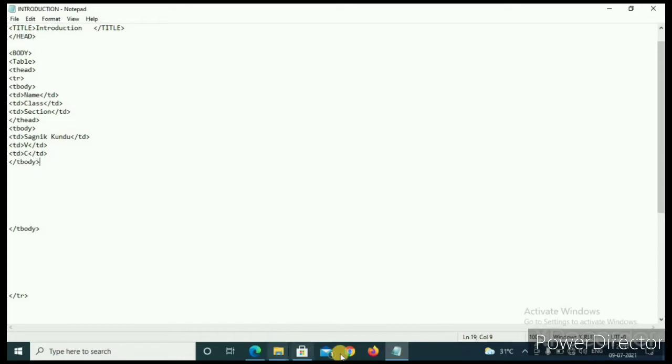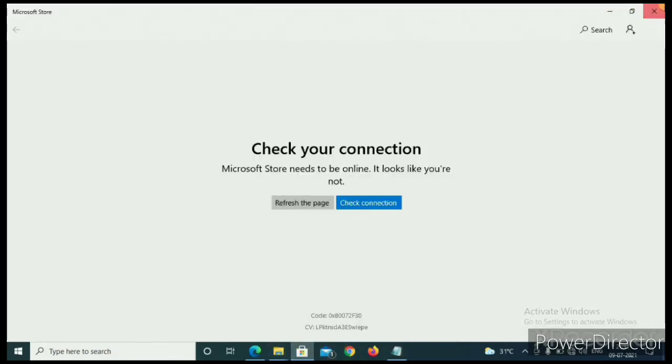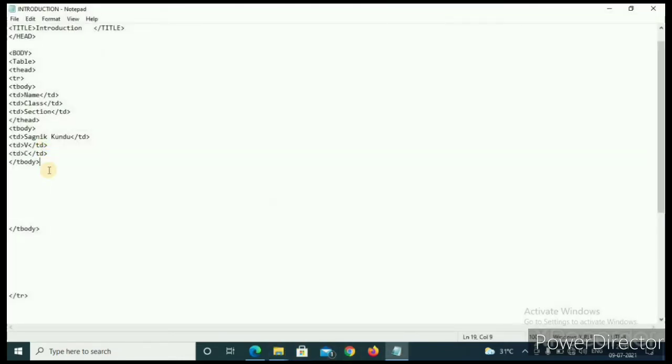I will close this also, I have mistakenly opened it. Then you have to again start T body, then Control plus C for copying this, and then V.